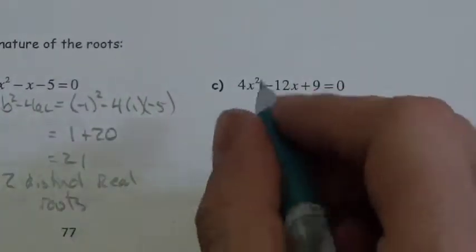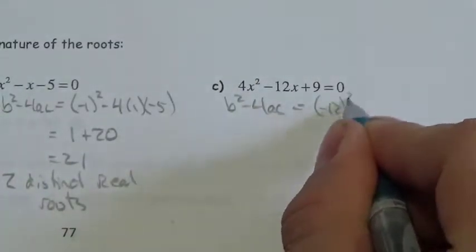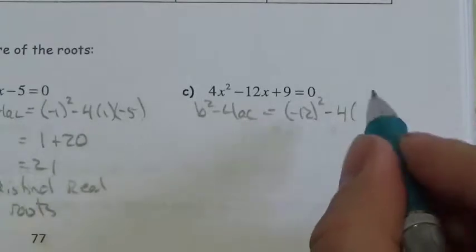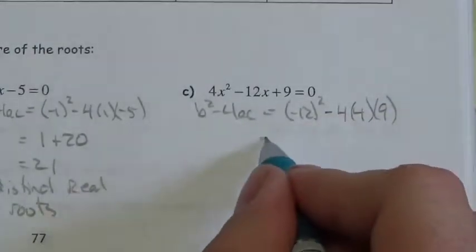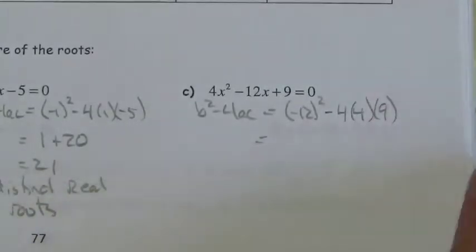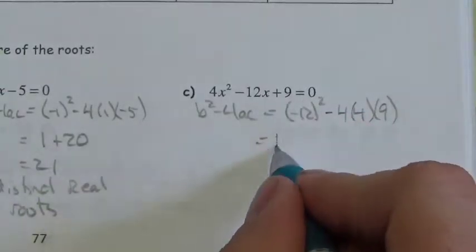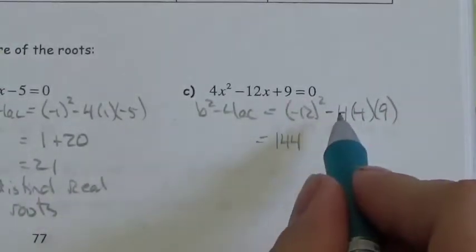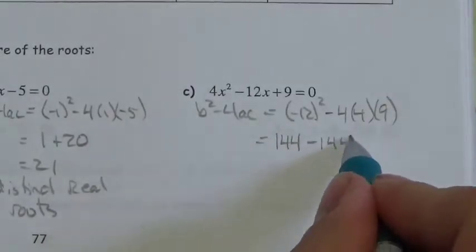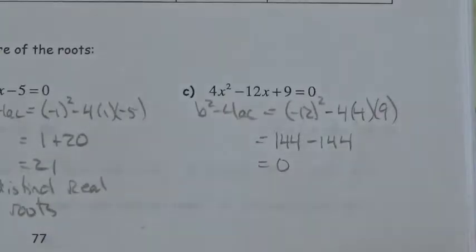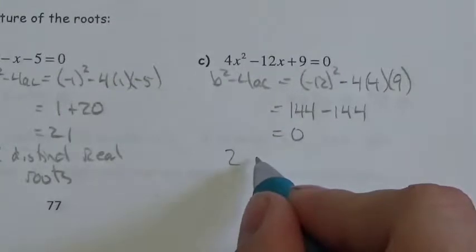And in this last one here, again, b squared minus 4ac is going to equal negative 12 squared minus 4 times 4 times 9. Negative 12 squared, in this case that negative is important that I deal with, is going to end up being positive 144. And then negative 4 times 4 is going to be 16, then times that 9 is going to be negative 144. So we get 0 as our answer here,